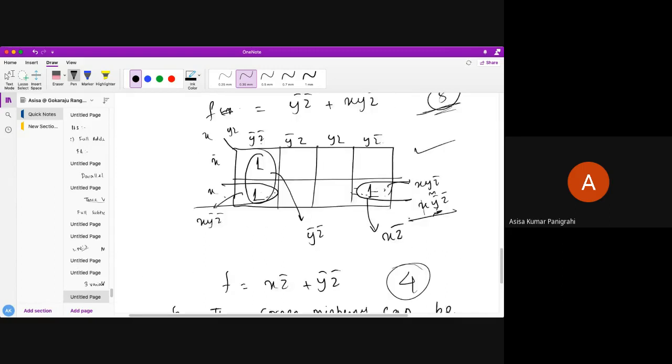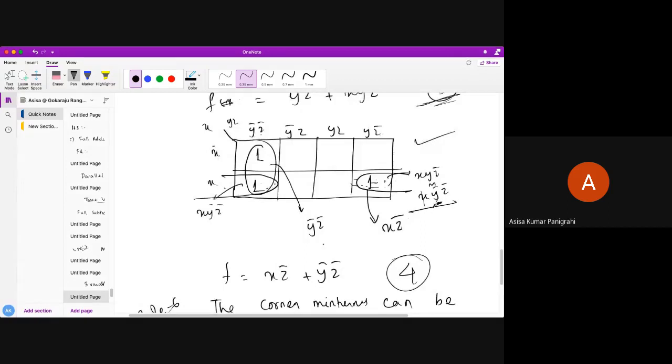Because you see here, if I combine these two, I can get a lesser number of literals, and you can see here there is only one change in the corner minterms. Okay, understand, students? Very simple. Do you all understand what you have to do? We have just used that corner minterms are adjacent minterms, and we can combine them to get the minimum number of literals.